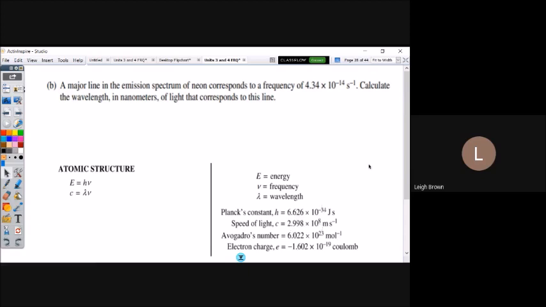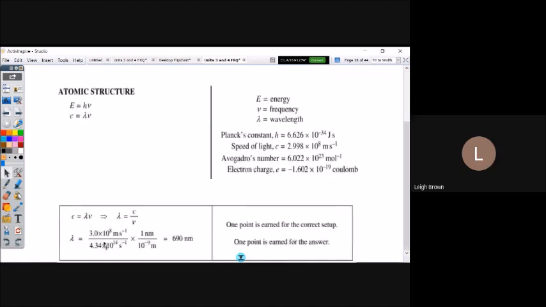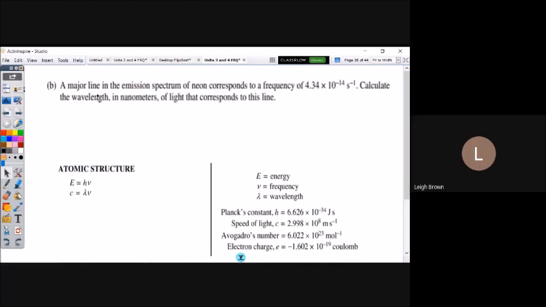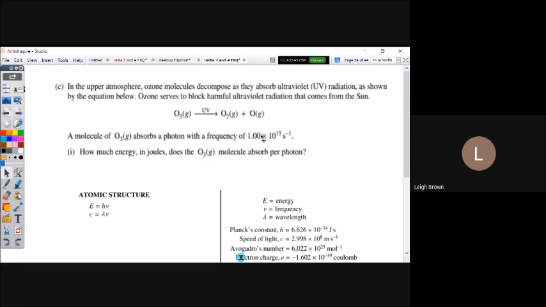And again, now you have your own formula sheet. You could write on here that 1 meter is 1 billion nanometers, or however you remember the equality. You would plug in your speed of light, plug in your frequency, and you'd have your wavelength, and then here's your answer. Now, this is the fractional version. I do it the other way and say 1 meter is 1 billion, 10 to the 9th nanometers, but you'd have to have the units as nanometers. If they ask for a specific unit, you must give them that answer. Okay, I just wanted to quickly go over those. It is part of this unit. And then here's the rest of that.